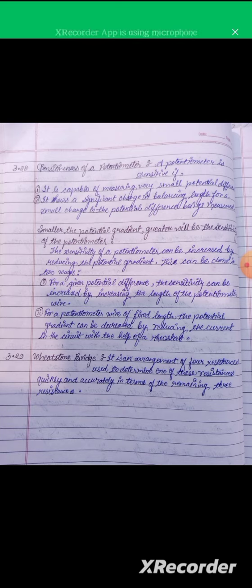Topic 3.29, Wheatstone bridge. It is an arrangement of four resistors used to determine one of these resistances quickly and accurately in terms of the remaining three resistors. So, in this video this chapter will end, and the picture of the Wheatstone bridge is